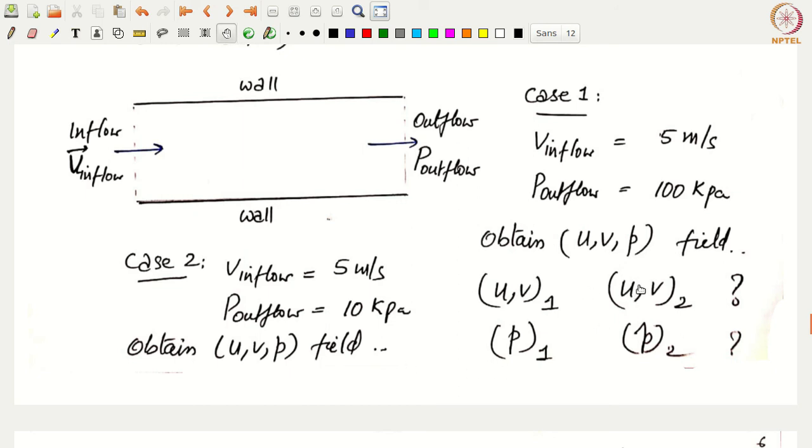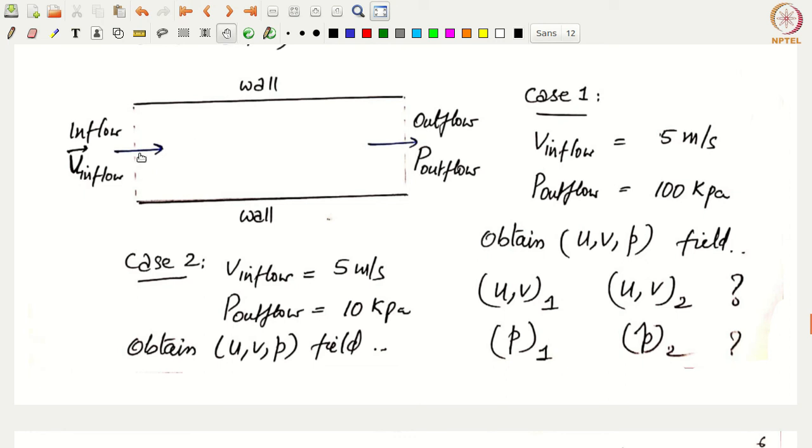Would they be the same or different? They should be the same, because we have maintained the same inflow. Although the pressure is different, the pressure at the inflow would come out to be this pressure plus this gradient times this length, okay. So that pressure gradient will still come out through your algorithm, and essentially your P inflow will be different. That means P1 and P2 would give a different pressure field here, okay. But the pressure gradient would be the same for both cases, and the velocity fields that you get from case 1 and case 2 would come out to be the same, okay.